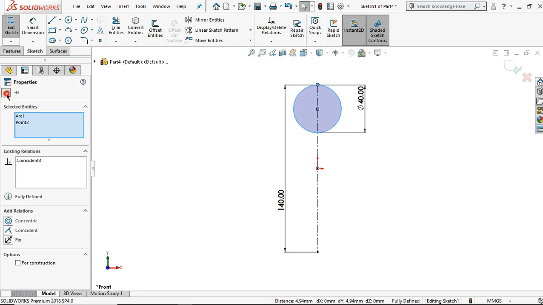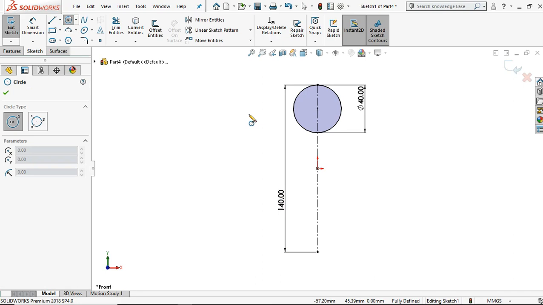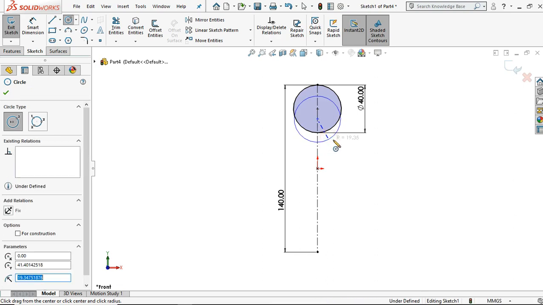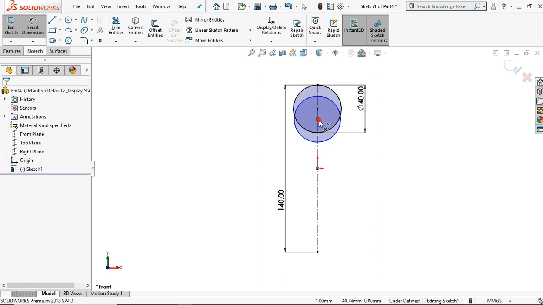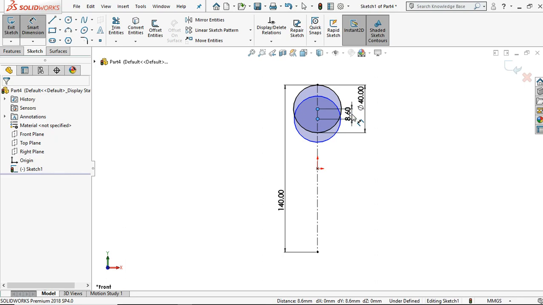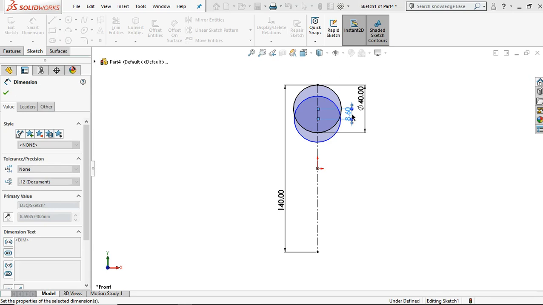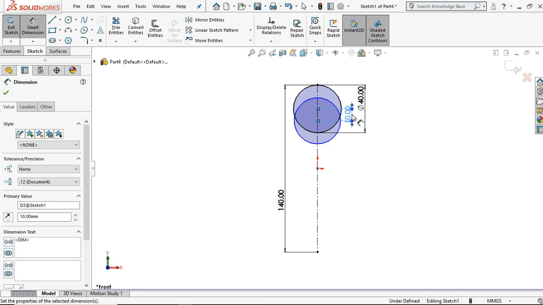Then make another circle. Start from this construction line, and then we can set 10 mm for its distance. Press enter. And then I want to show you how to make this